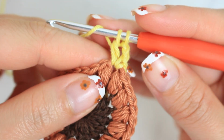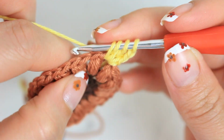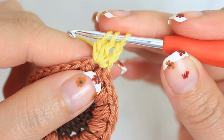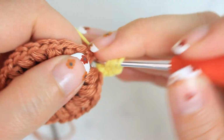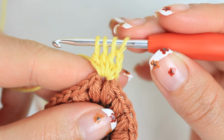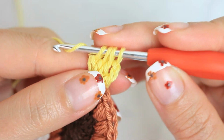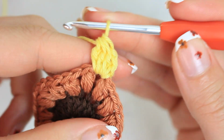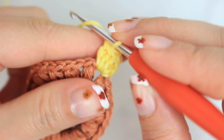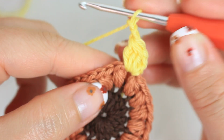this very first one. So wrap around the hook, go through the stitch, and then pull up a loop, yarn over, pull through the first 2, keeping the last one on the hook, and then do that 1 more time. Now you should have 4 loops on the hook. All you have to do is to yarn over, pull through all the loops together. So that's a cluster. So now to move on into the next one, we are going to chain 2, and